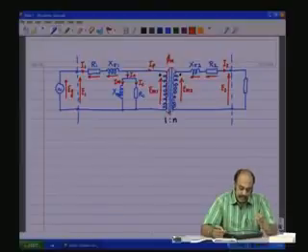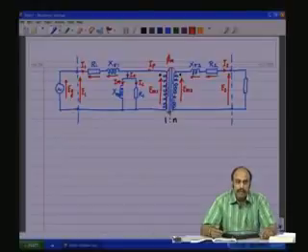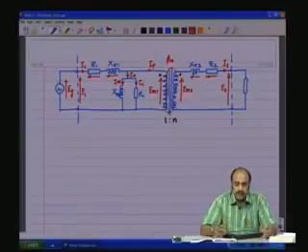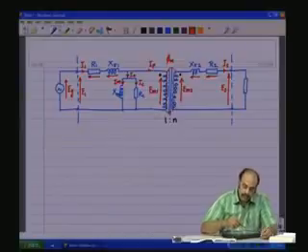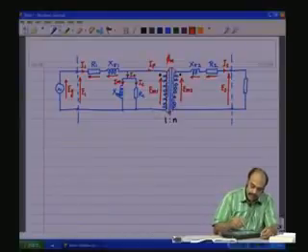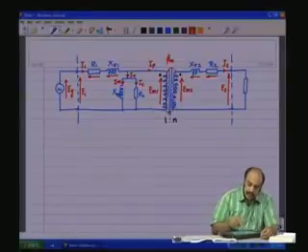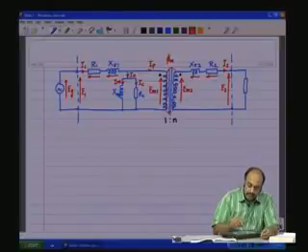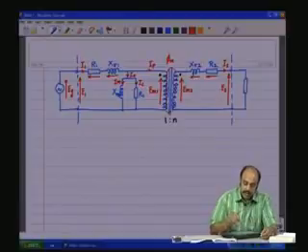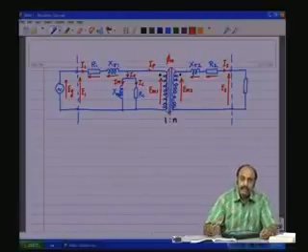Now, let us draw the phasor diagram for this practical transformer. It looks pretty complex, but it is not actually so difficult to draw the phasor diagram. In fact, we have in parts drawn the phasor diagram. We have drawn the phasor diagram for the ideal transformer portion. We have drawn the phasor diagram for the ideal transformer plus the core loss and magnetizing component portion. Now, we have to include these two. So, let us start from the phasor diagram, the ideal